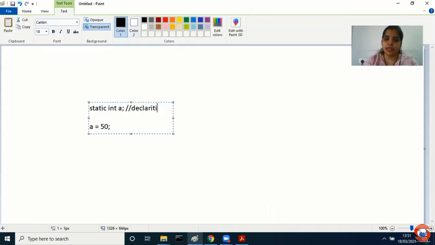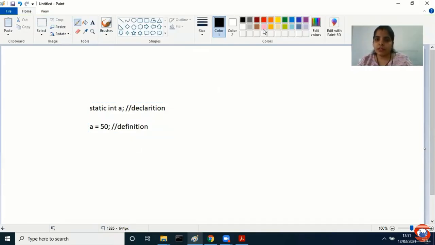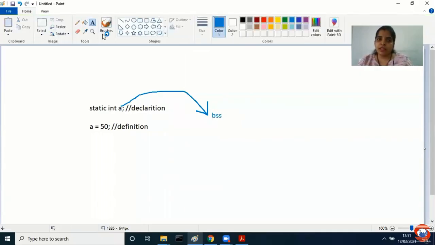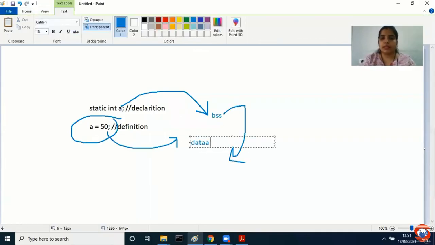Can I say this is a definition? Right. So when my static variable is only declared, at that time it receives the memory from the BSS section. As soon as I assign data to the static variable, it moves from the BSS section to which section? The data section. This is how it is.